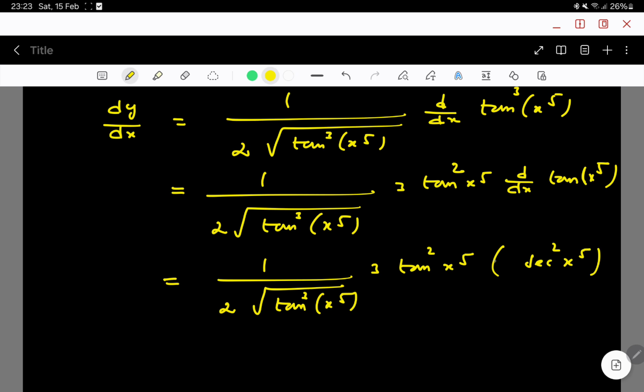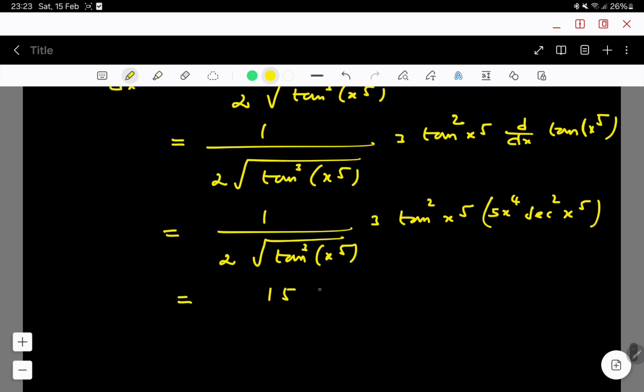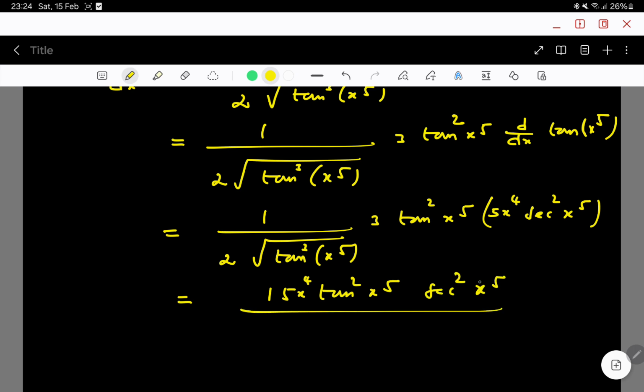Again differentiating x power 5, that is 5x power 4. So 5 3s are 15, 15 tan square x power 5, write x power 4 here, secant square x power 5 divided by